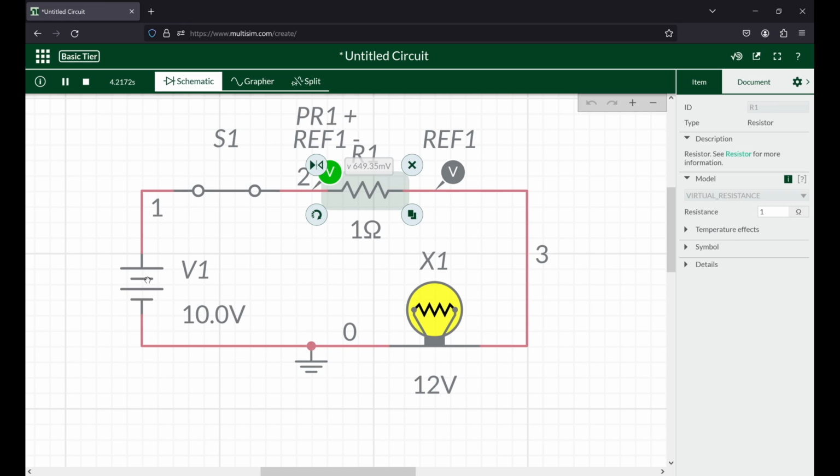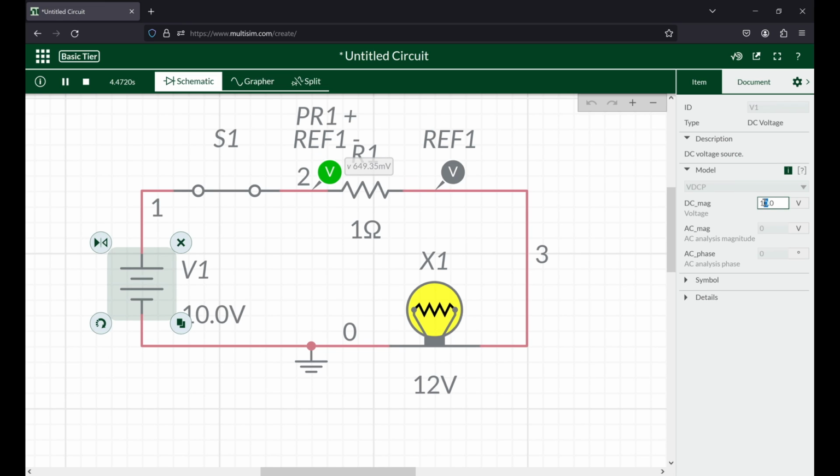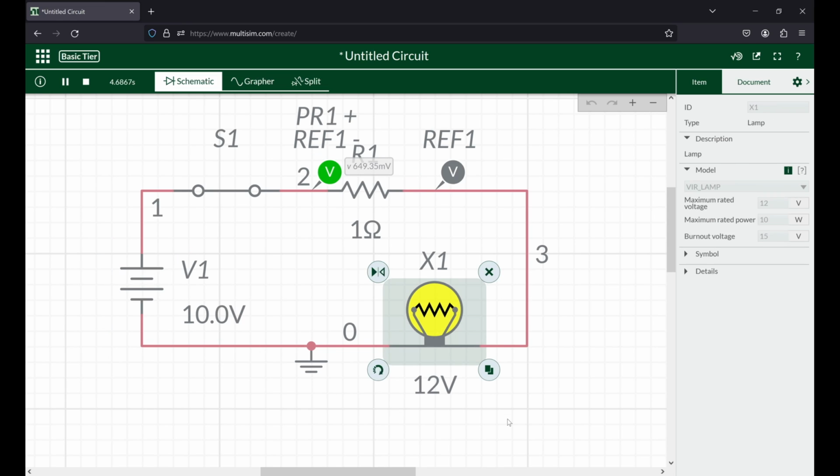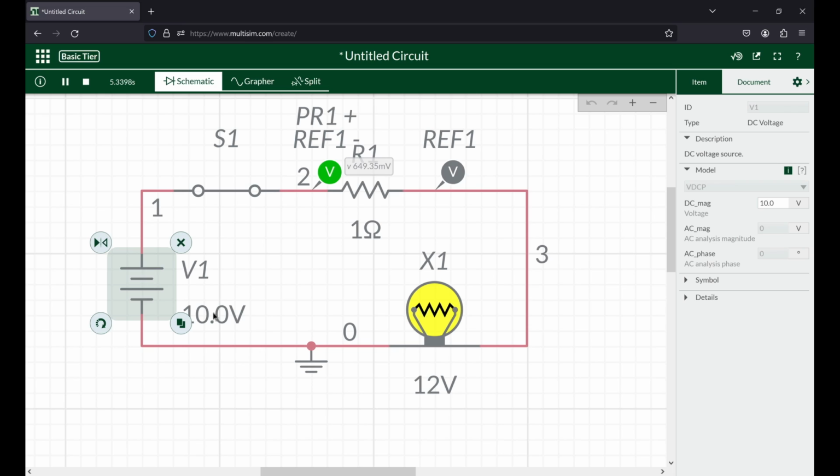So another thing that I can modify is the actual voltage. So on the lamp, as you can see, it has a setting, right? So maximum rated voltage of 12 volts. And in the interactive simulation, I can change component values during the simulation. Right? So I move this to 12 volts, and if I change it to 13, right, it's red,